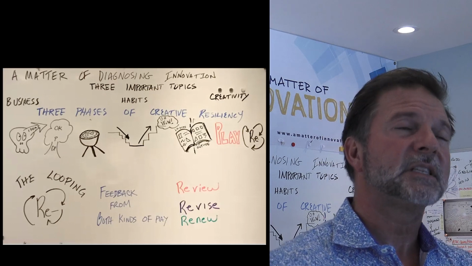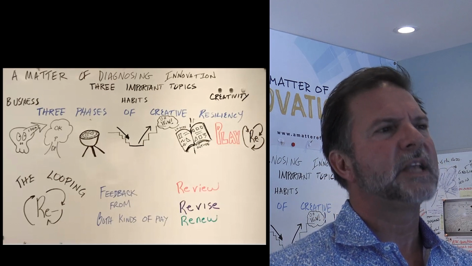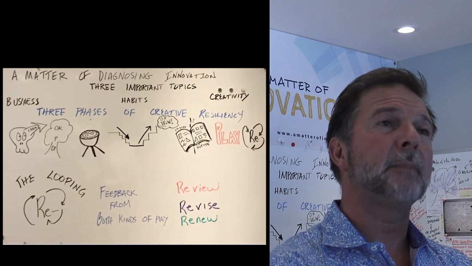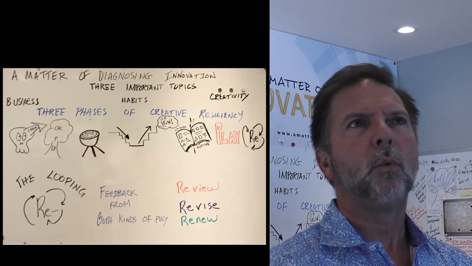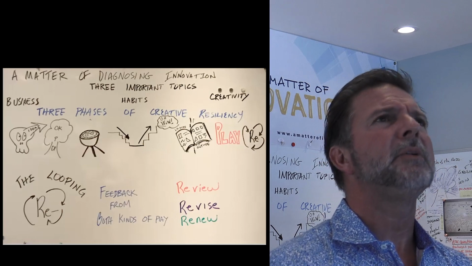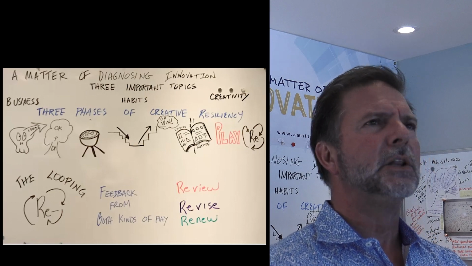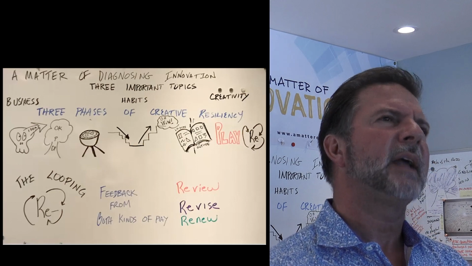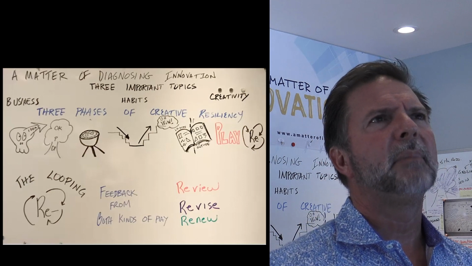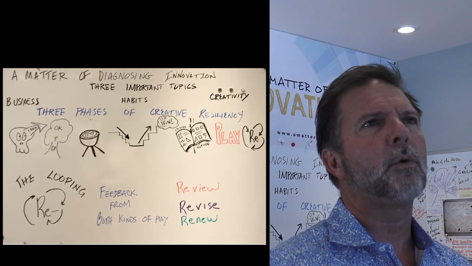Just like we looked at in the other parts of diagnosing innovation, we're going to do the same thing here, which is to review, revise, and renew each one of the steps in each one of the phases based on whatever kind of feedback you get. And that feedback could lead you to an area where maybe you need to think again about your distinctions. You need to go back and look them over because you got new information. You didn't have to go climb the family tree or grill more yabbit steak, but you got new information, and it made you want to climb back down into the cellar and sit there with those 4 Ds